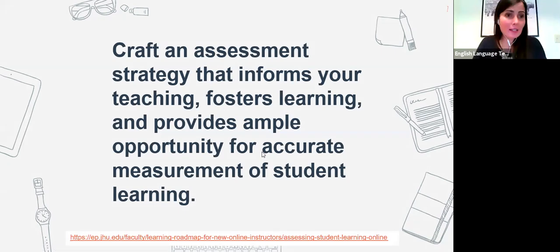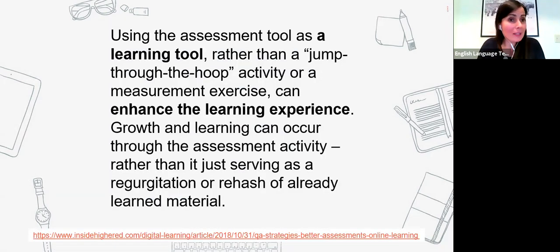And we do not want our assessments to be just a jump through the hoop, right? And I feel like it has happened a lot, especially with moving to online and people not even thinking about grades anymore, right? With the whole pandemic situation going on. But we shouldn't think of assessments as, oh, I just have to get it done, this is a hassle, or this needs to be done so that I can move on. We should keep thinking of assessments as learning tools, right? To enhance the learning experience.